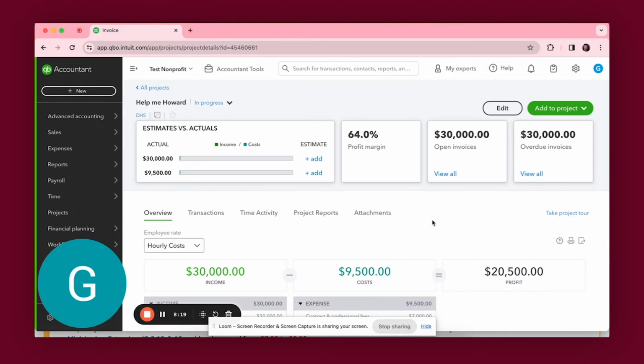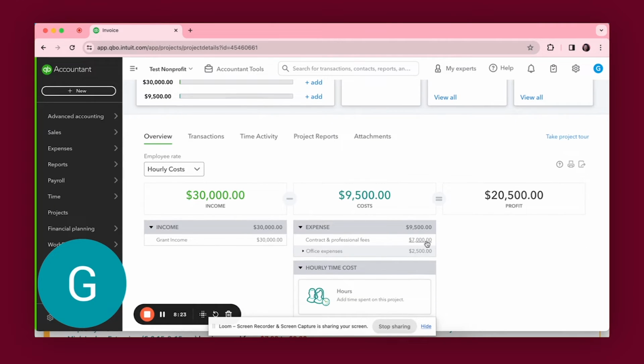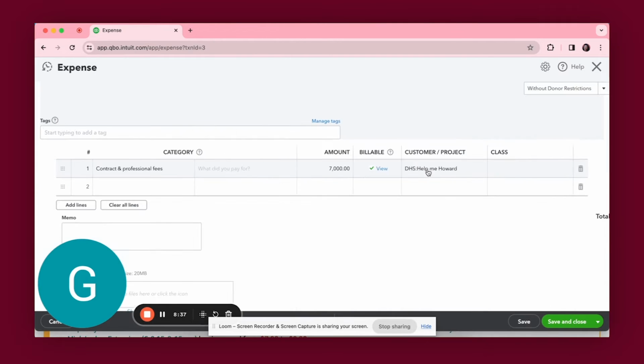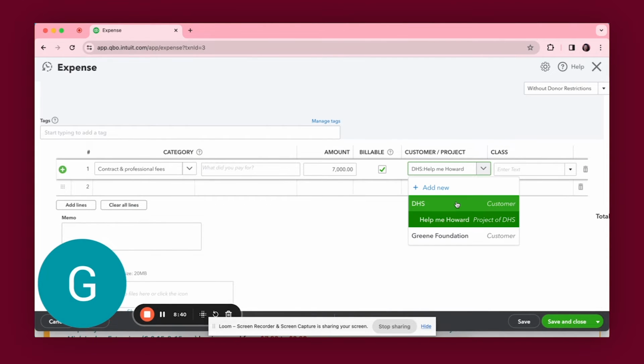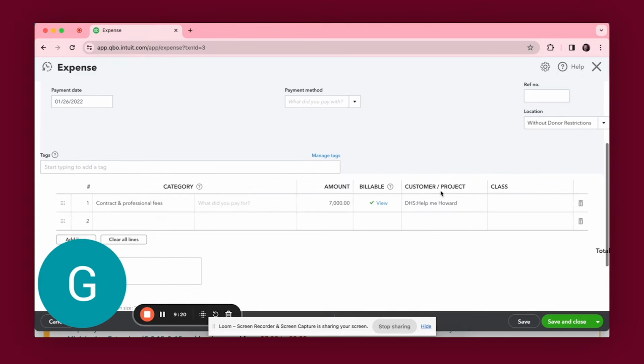Then what about expenses, right? So when you're closing the books, you see your expenses, you have to indicate, okay, what goes towards Help Me Howard versus what goes towards something else. Just to show you, you see here, customer project. So you have customer is DHS. This project is a sub under DHS because it's its own project, but it comes from DHS. So you see here, we wouldn't just select DHS if it really is for Help Me Howard because we want to be as specific as possible. You see it says